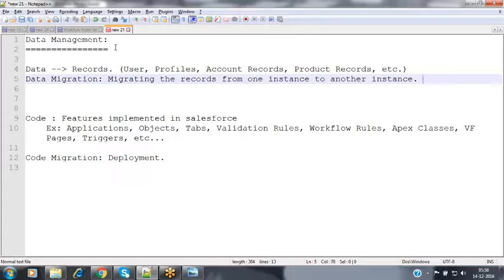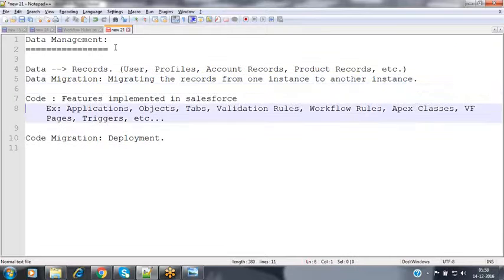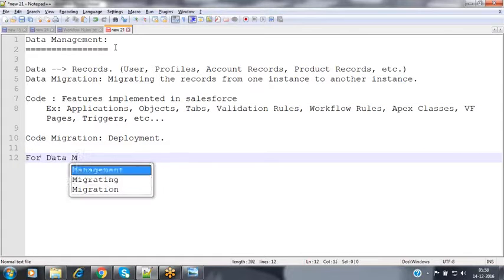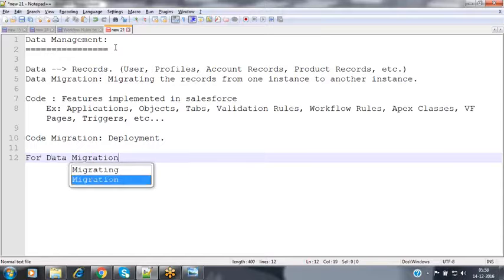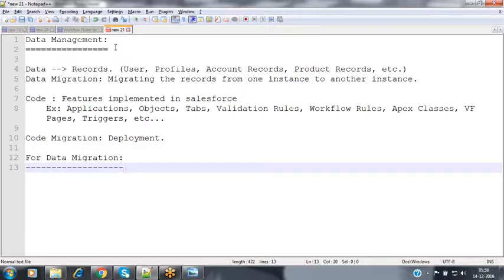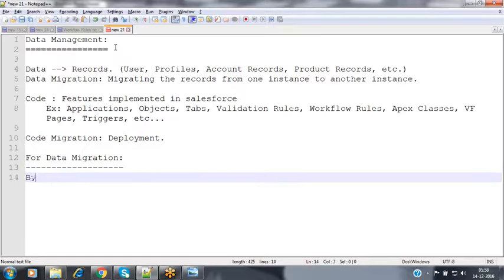Now, when coming to data migration, how can we perform this data migration in Salesforce? For data migration, we have so many features. By using this data migration, we can perform import and export operations in Salesforce.